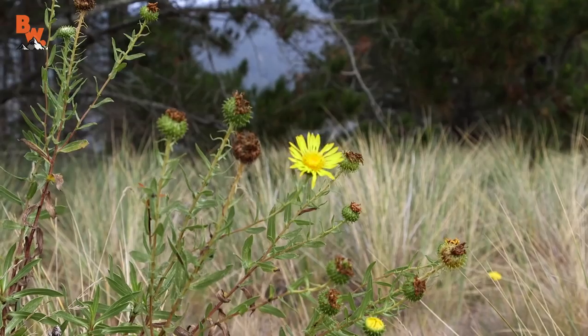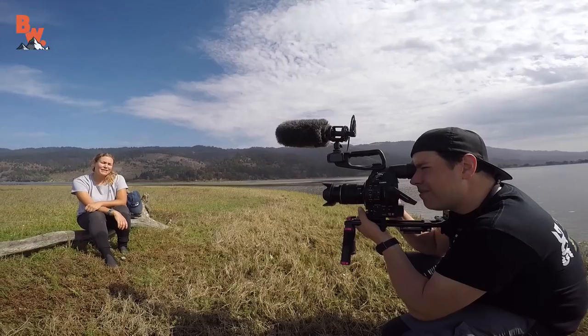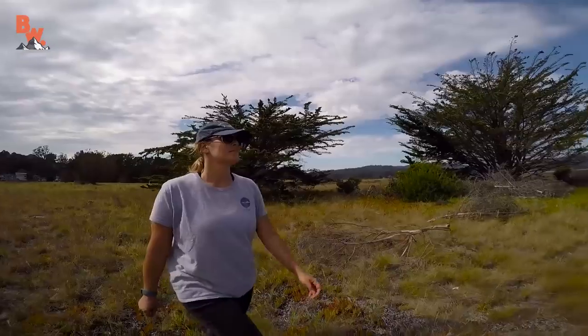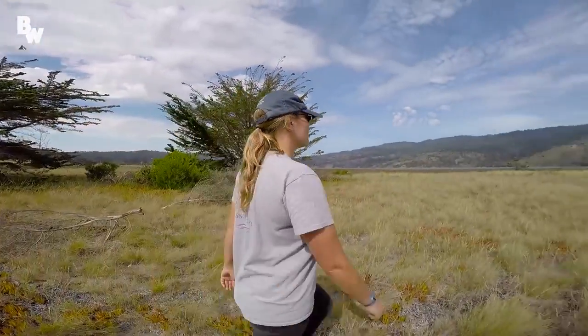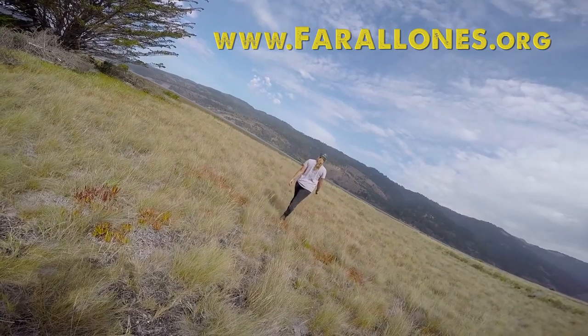The protection and restoration of the Bolinas Lagoon is an ongoing effort. And if it wasn't for environmental activists like Kate and organizations such as the Greater Farallones Association, these beautiful ecosystems would be lost from the world forever. To get involved, make sure to visit the Greater Farallones Association website,